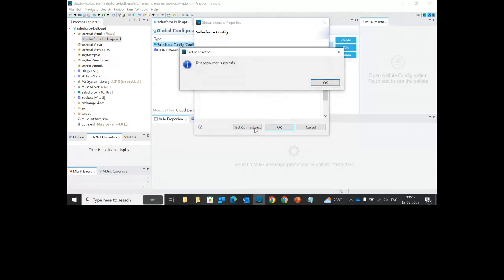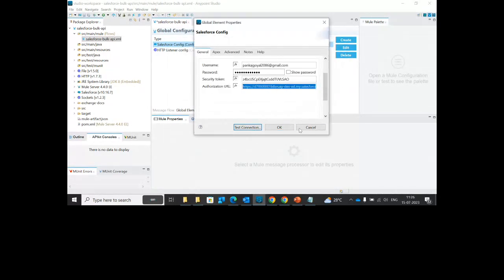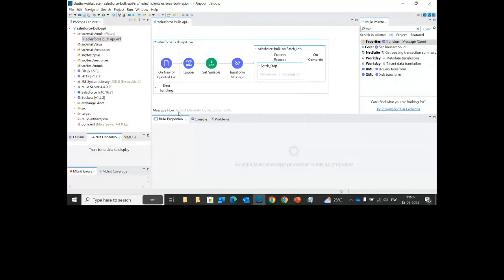So I am using the basic authentication. Okay, it is successful. Now I will use a Salesforce connector with a create operation. So this is the Salesforce connector. I put it in the batch step,